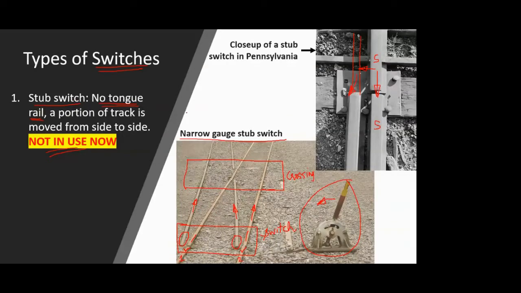So that's why it was discarded once the concept of tongue rail came into picture. Till then stub switches were used. There were no tongue rails, and the only movement from one track to another was made possible by actually moving the complete rail section, or the complete rail as such, which was broken into different parts. Now if you see here, as I told you, this is not in working condition. That's why you will not see any fish plates or connections, but the arrangement was in a similar way.